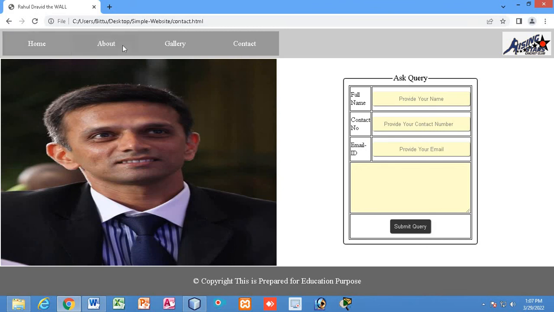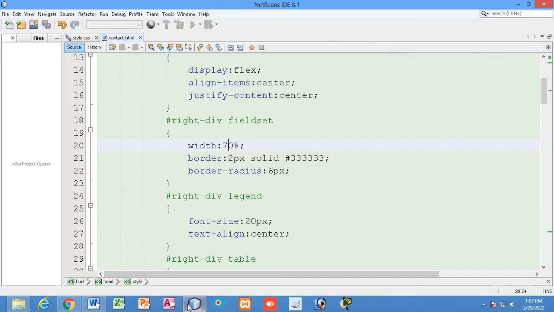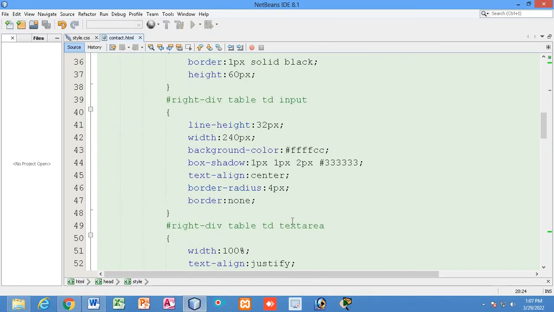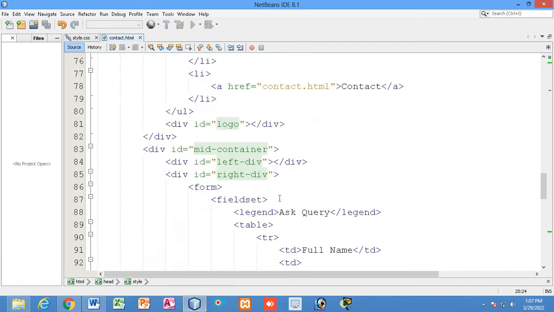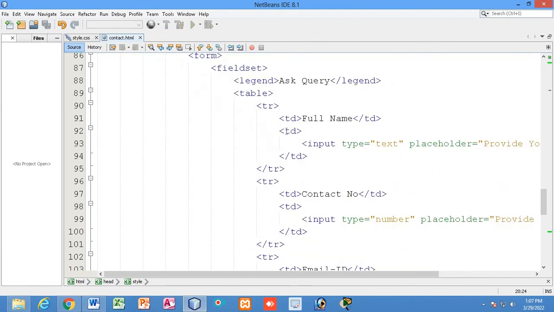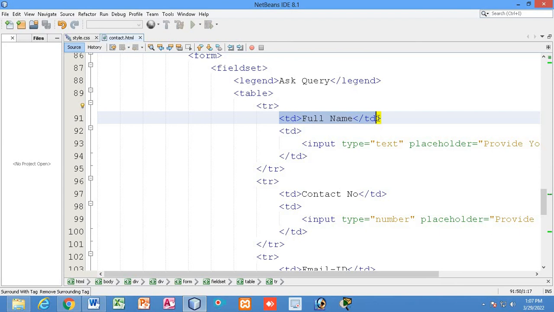This thing came down, that is why I am writing. So I can do one thing. For this, that is TD, full name, contact number,